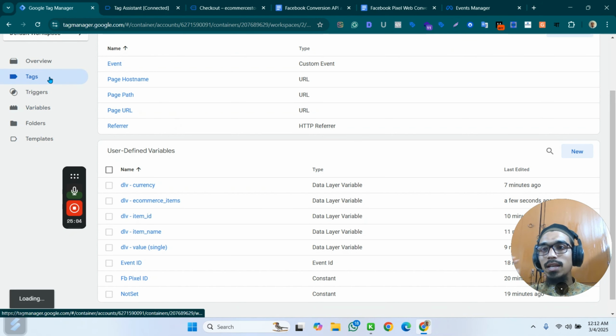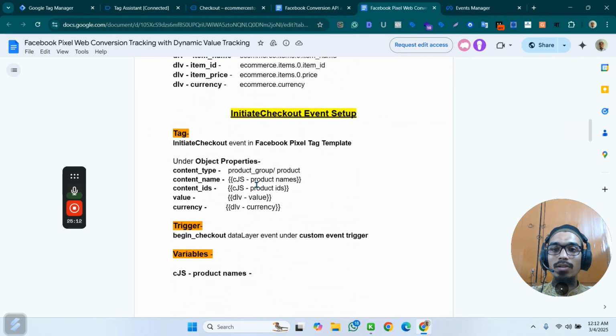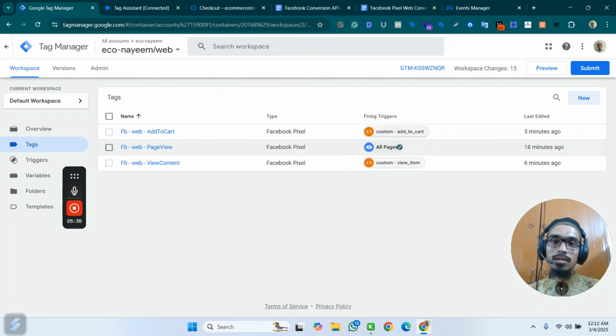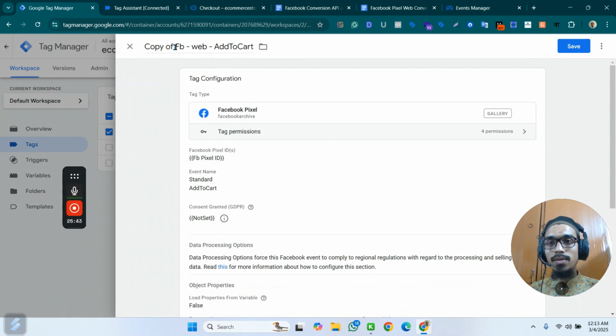So now to get the data for initiate checkout, content name and content IDs, we have to use a custom JavaScript code, because they come very separately. So now what we have to do, we have to go over here. Okay, this is not a big deal. We have to copy it and then